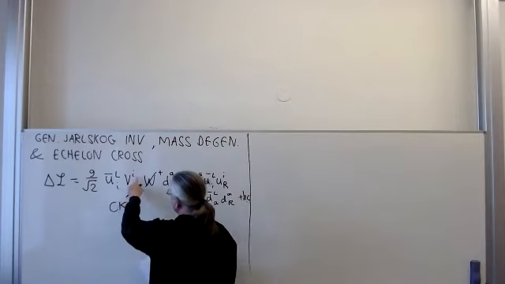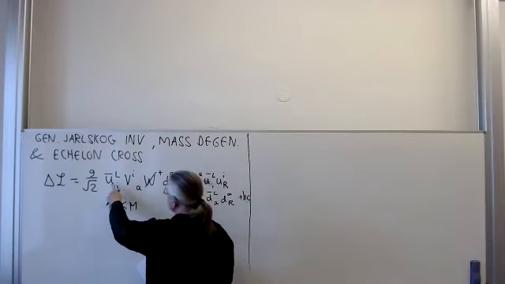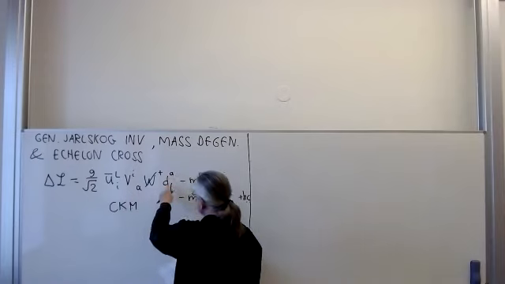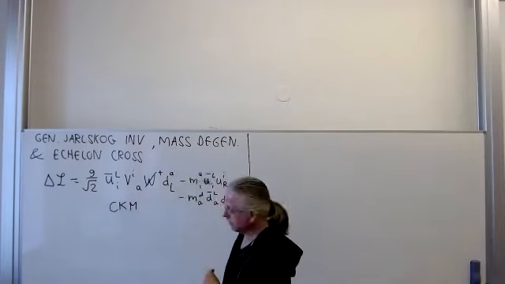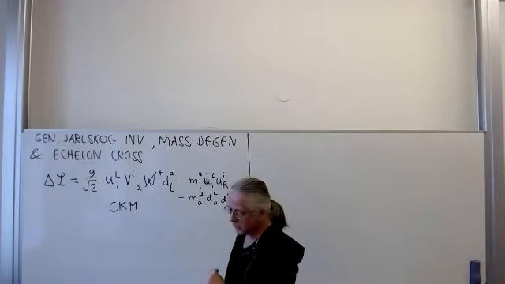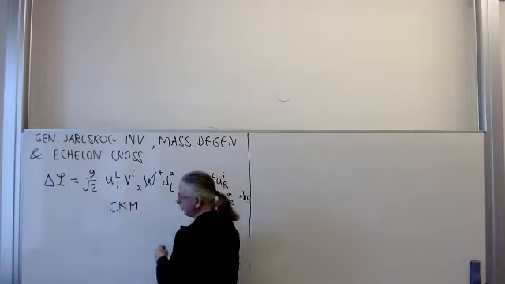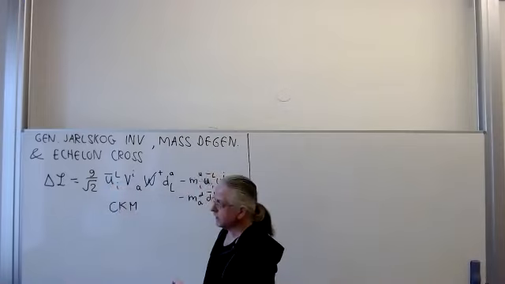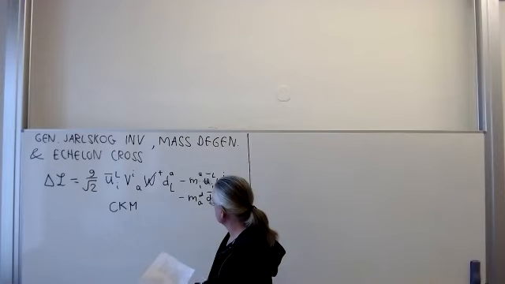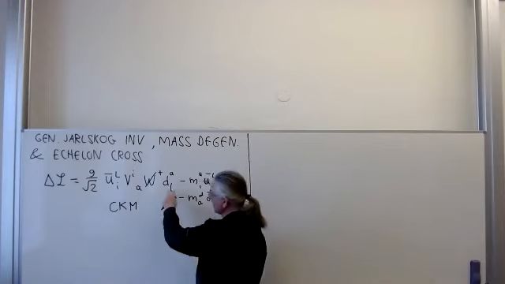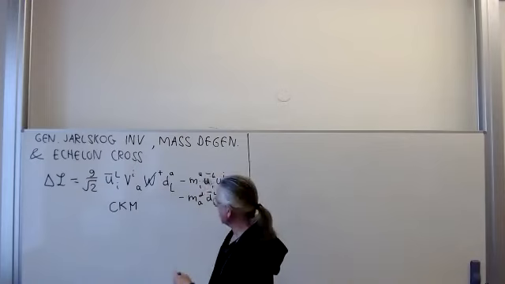So the point is that the central object of today's lecture is this matrix. I use i for the up-type quarks, and I use an a for the down-type quarks. In the standard model we have three generations. The up-type quarks are the up, the charm and the top quark, and the down are down, strange and bottom. But we call them all up and down.